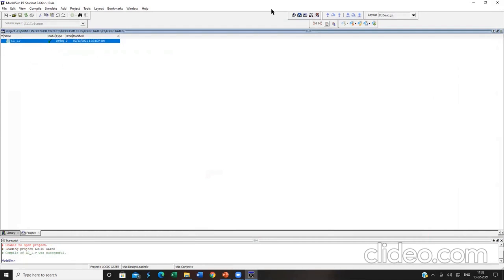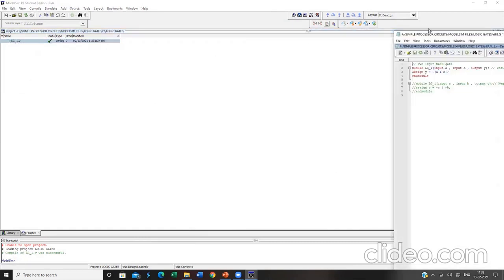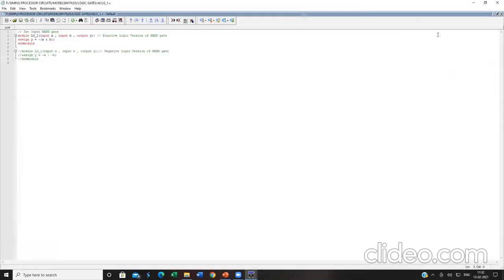Suppose I want to make any changes, then I have to right click the same file and click on the edit option. So it will be coming in this format. It will be opening in Notepad++ format, or sometimes it will be opening Notepad. If you double click at the top of the editor window, it gets maximized over here.